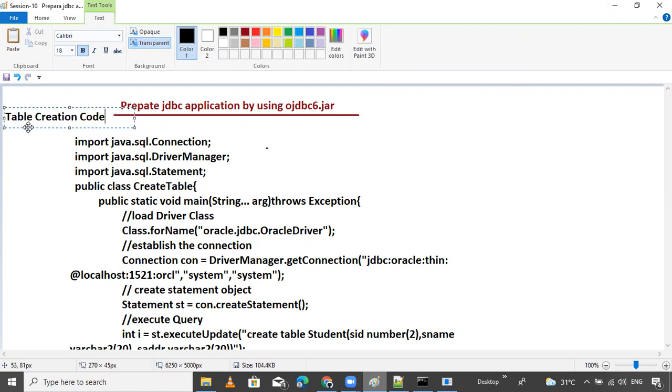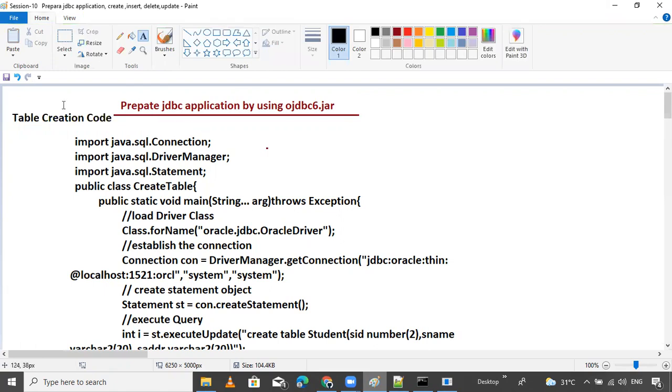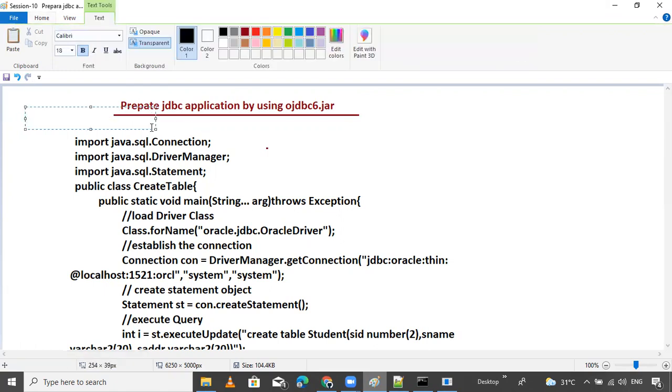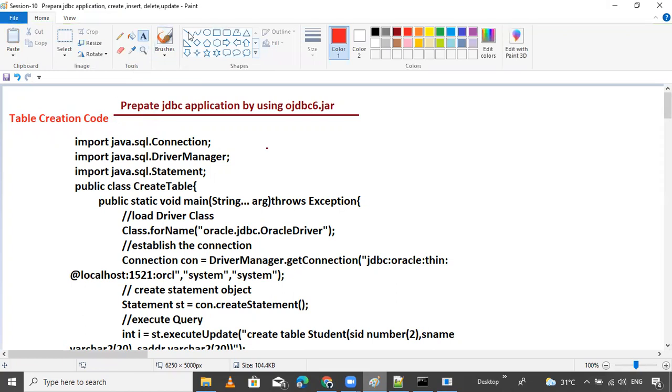Yes, table creation code. I will show you how to create a table dynamically, but in the next session, this session is not possible. I will show you all these points. Don't worry, just be with us.